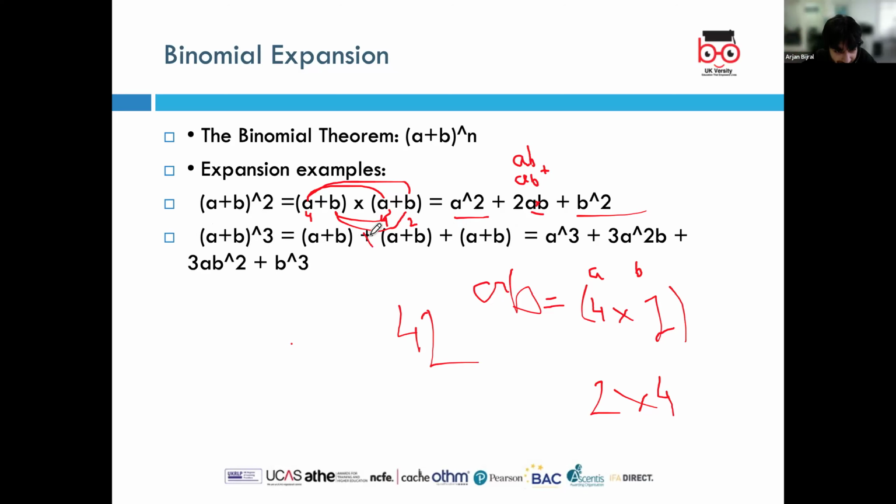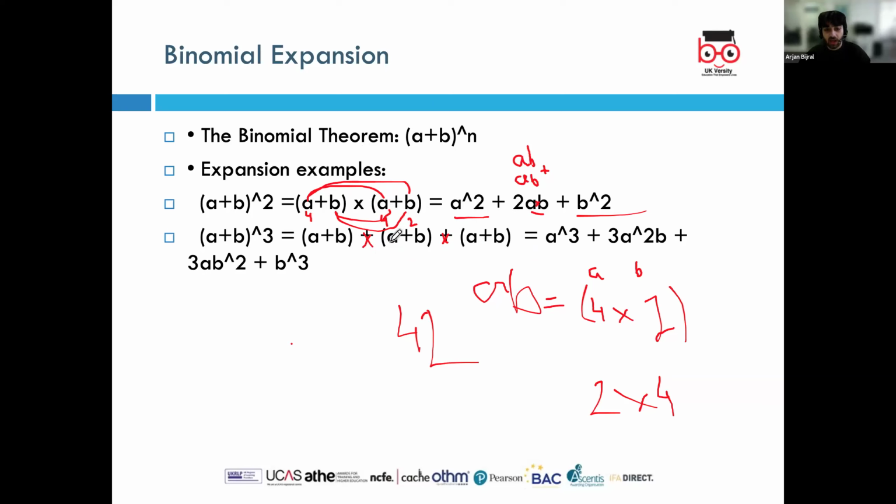I don't know why this is written as a plus. They are supposed to be multiply, but you get the picture, right? So it's basically what we've done here, but a bit longer. Do you know how we solved for this? And we got this, we found this out from a